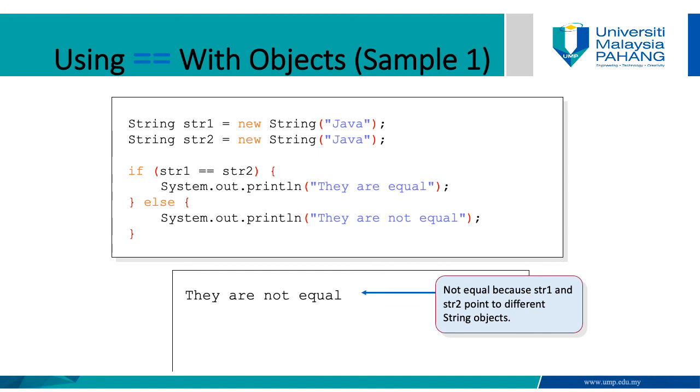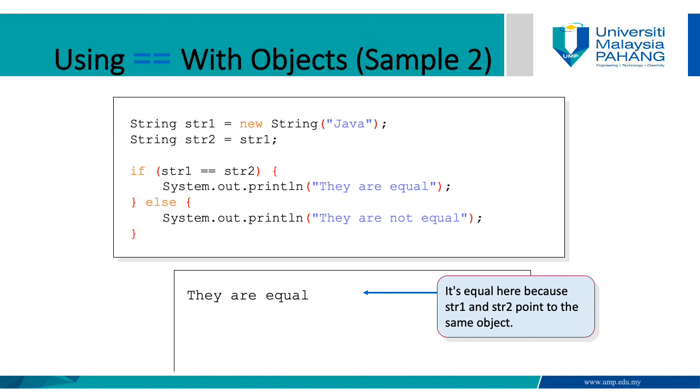But if there are two distinct objects, two different objects, even if the value held by the strings, str1 and str2, is the same, the equality testing by the equality operator will always result in false. Okay, so let's see the